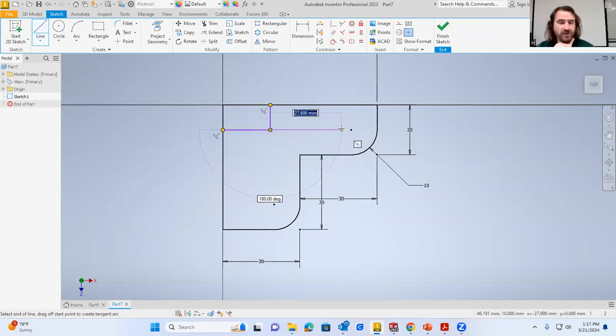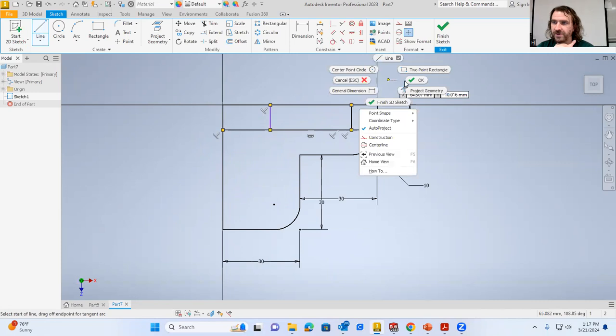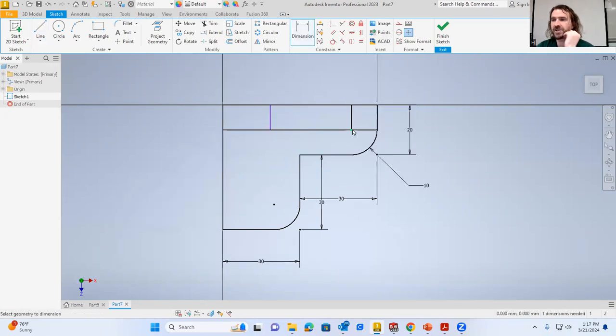Then we have this. So I use the center point of this fillet to make sure that this is 10, right? Because everything's a multiple of 10. We need to make sure this is 20, and then everything else should be set, right? This is a 10 by 10